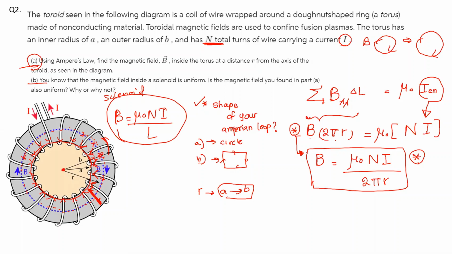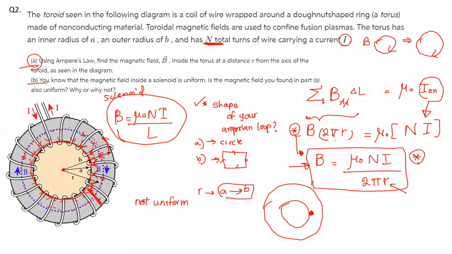Maybe you can nod your heads if you're scared to write the answer. Okay. So my answer is not uniform. Why? So this equation gives you the magnetic field inside the donut, right? Inside this donut shaped thing. So if I use this equation to calculate the B field here,